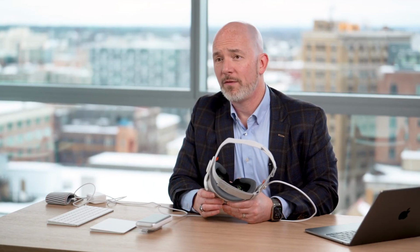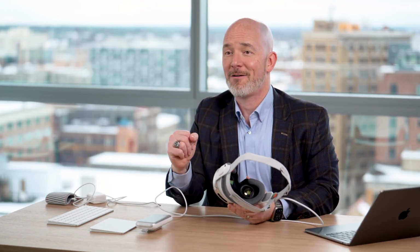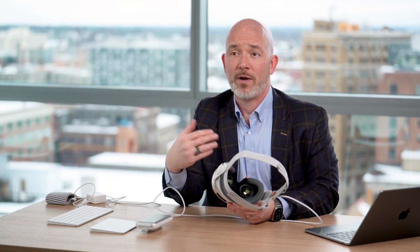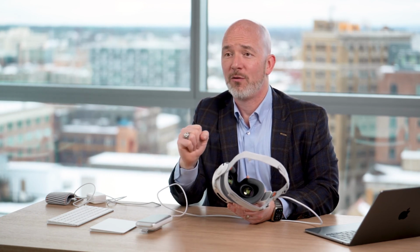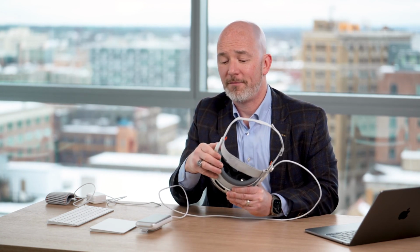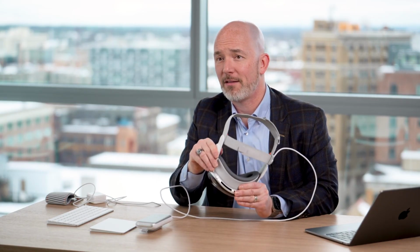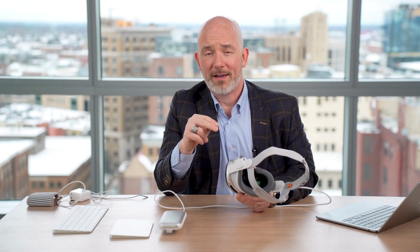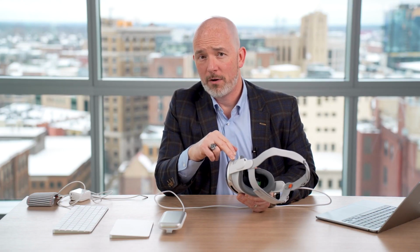Already, we see so much attention given to competitor companies and competitor devices that are competing on price, that are competing on Windows functionality. And we really see, because of just the impressive capabilities of this device, the entire category being moved forward. So whether it's an Apple Vision Pro or a competitor from Microsoft or Meta or any of the other number of companies that are working on similar devices,